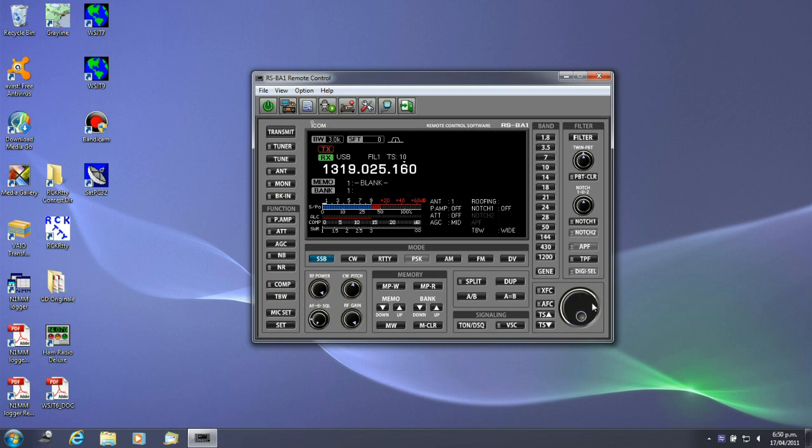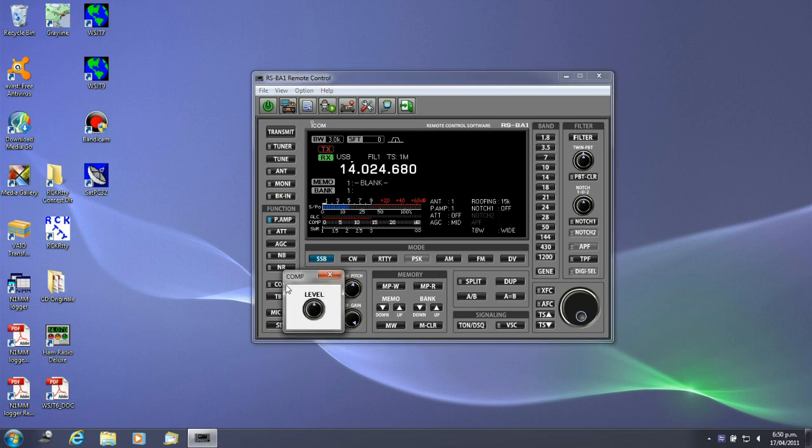Just a quick one to remember. I'm in general here, so if I turn that off, I'll just stay with the amateur bands. Just think band, you can still get into the band registers, so that's fine. Band stacking. To get into a lot of the functions, what you need to do is to right-click them, and